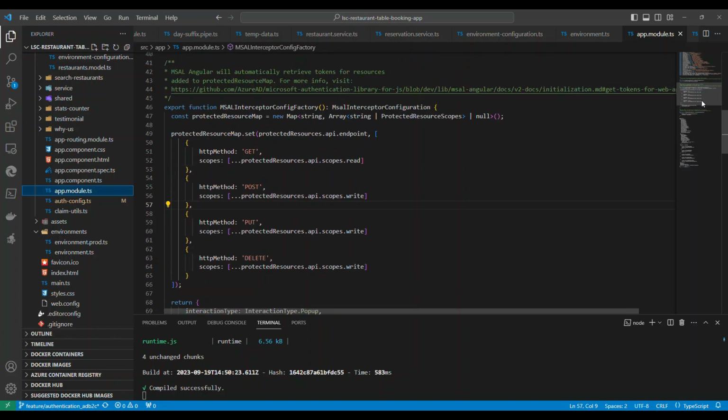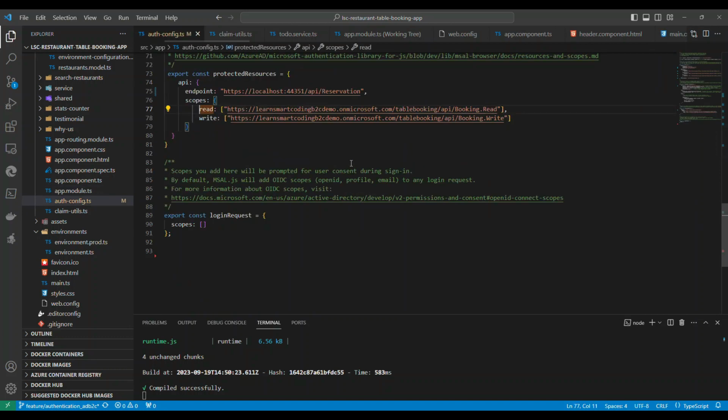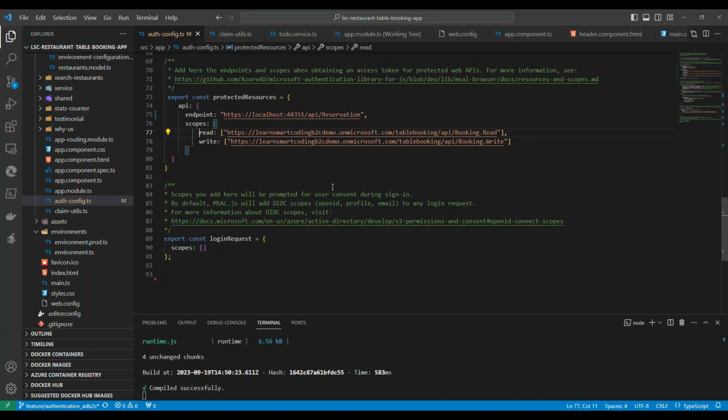Okay, under the app module there's something called scope. So here if you go to this scope, it's basically sending the read scope and write scope based on the endpoints. So where is this coming from? If I go here, it's under the auth config all the way through the protected resource. Here this is the endpoint that is having the protection, right? And the one that I'm using currently is the old one, so I need to replace this with what we have created. If you remember,